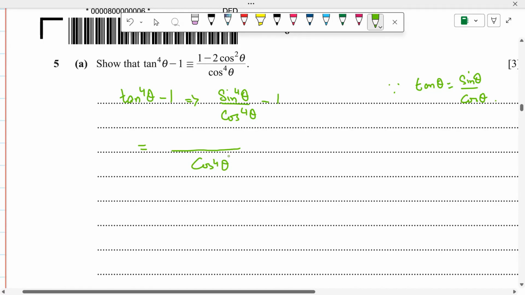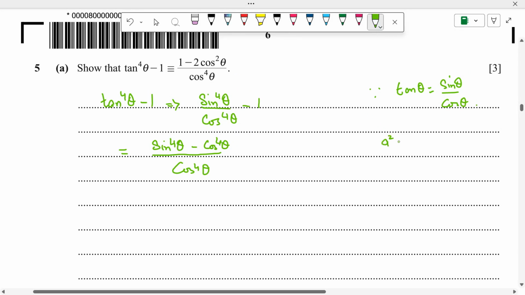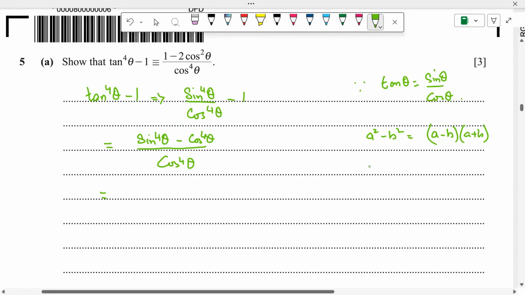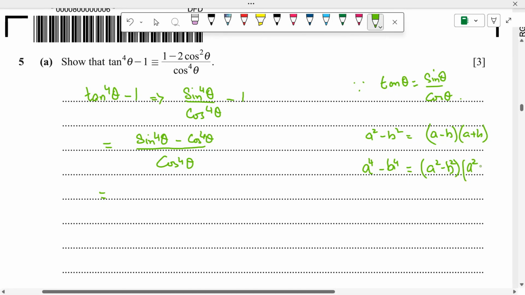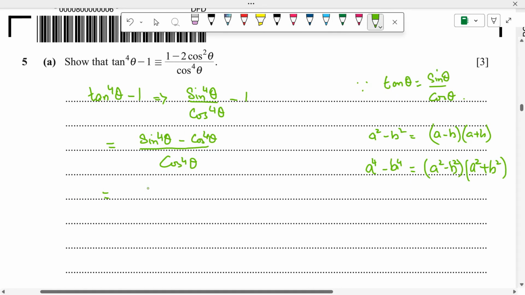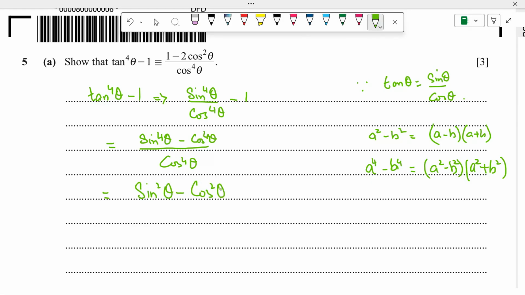Taking LCM, we will have cos to the power of 4 theta in the denominator, and in the numerator we will have sine to the power of 4 theta minus cos to the power of 4 theta. And we know that a squared minus b squared is equal to (a minus b)(a plus b). So when we have a to the power of 4 minus b to the power of 4, it will become (a squared minus b squared)(a squared plus b squared). The numerator can be written as (sine squared theta minus cos squared theta)(sine squared theta plus cos squared theta)